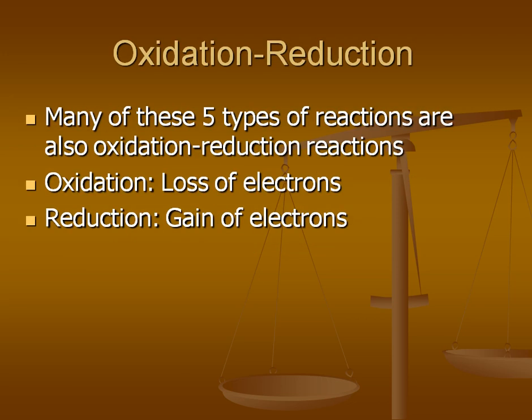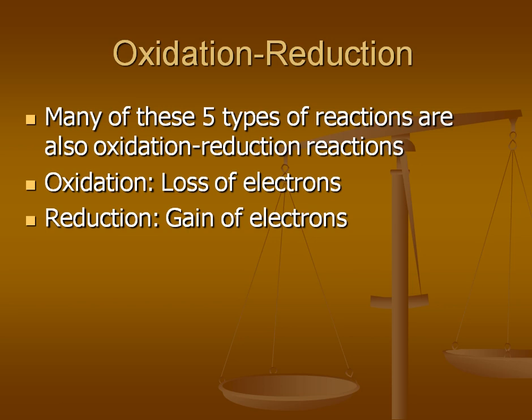Now oxidation reduction reactions. Many of these five types of reactions are also oxidation reduction reactions. Whatever types of chemical reactions we have studied previously, synthesis reactions, decomposition, single displacement, double displacement and combustion, among these five types, any one reaction can be oxidation reduction. What is the meaning of oxidation? That is loss of electrons, and reduction is gain of electrons. But this is not the clear-cut